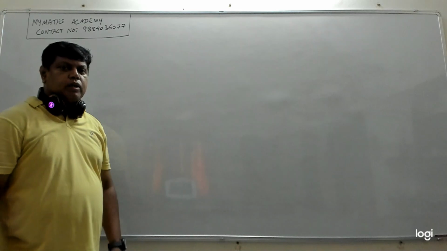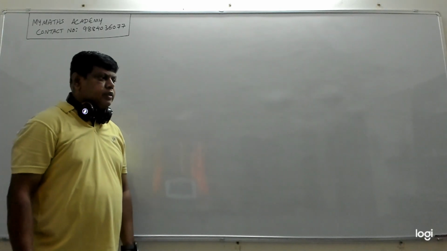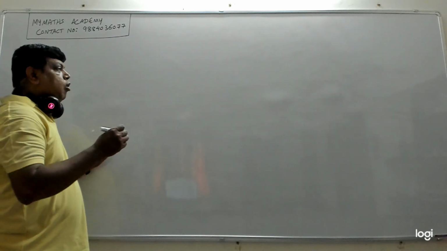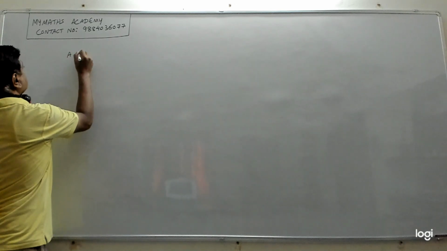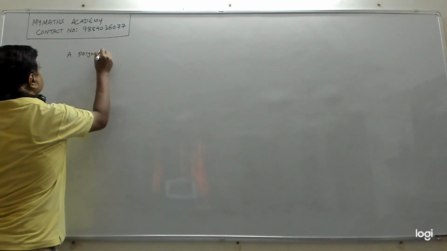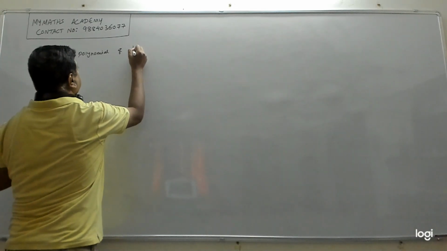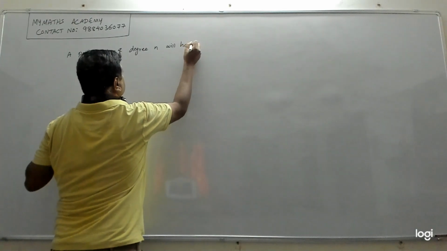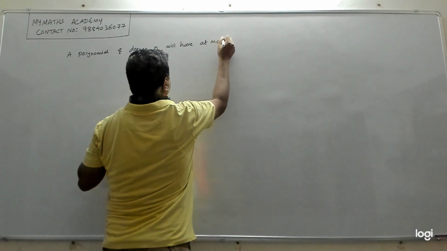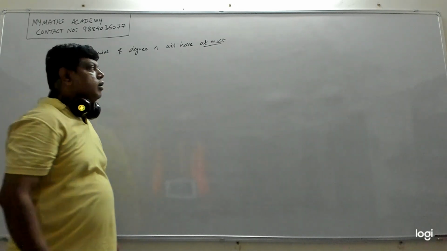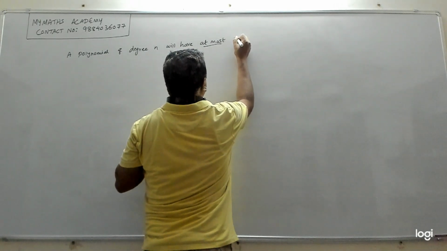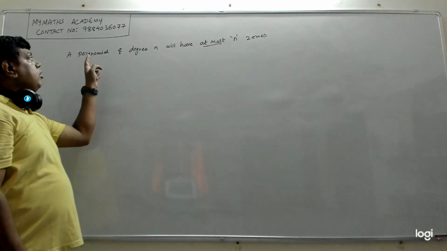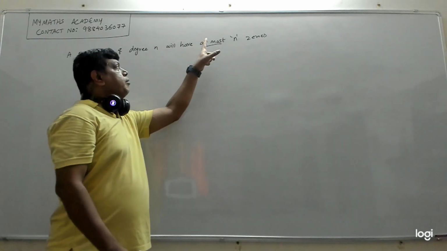So in this session we will continue on polynomials for 10th standard CBSE. So last class, or in the last video, what we saw was a polynomial of degree n will have at most, means maximum, at most n zeros. So what it means is a polynomial of degree 2 will have maximum of 2 zeros,